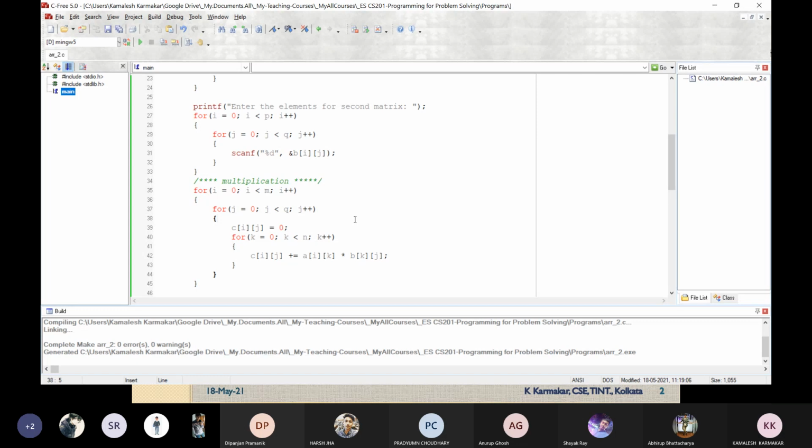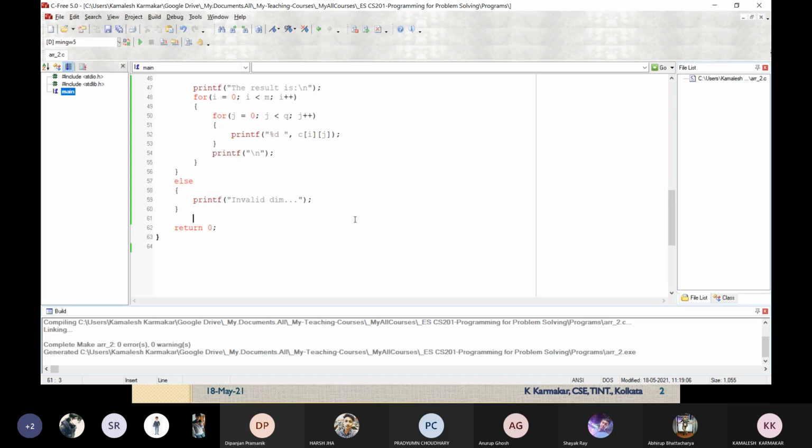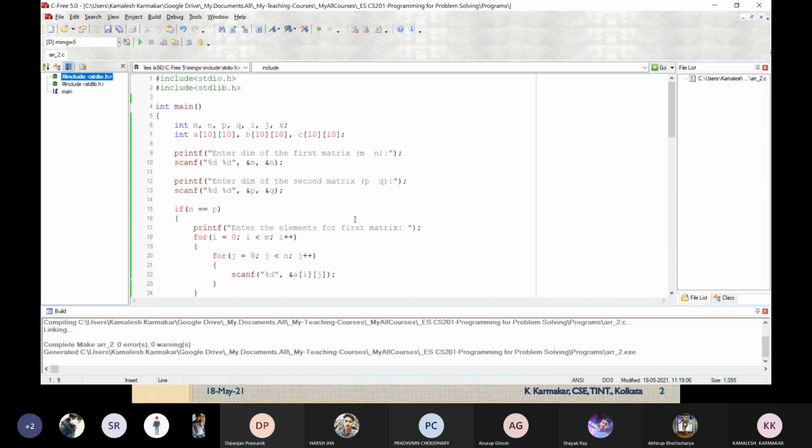Now here we are using arrays, one-dimensional as well as two-dimensional arrays. We have shown you how the elements are stored in memory, and why it's contiguous.